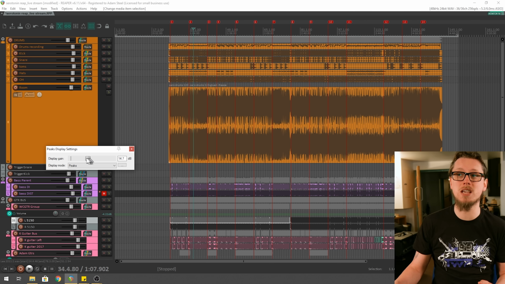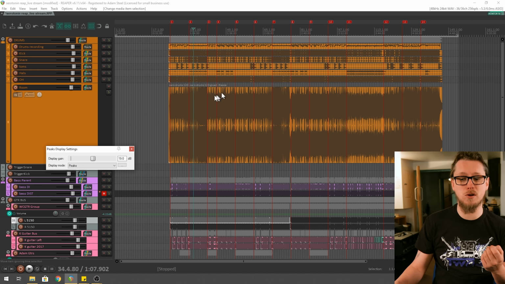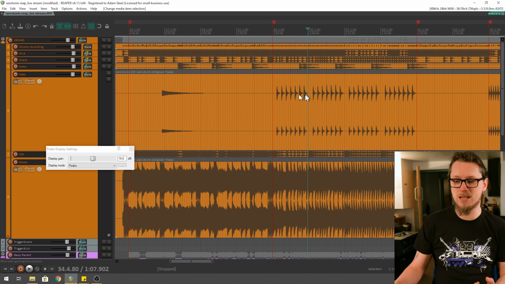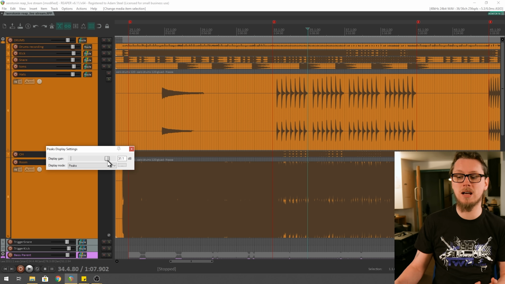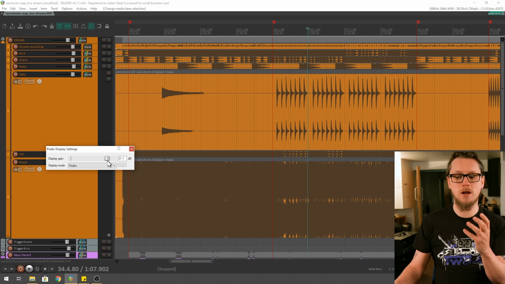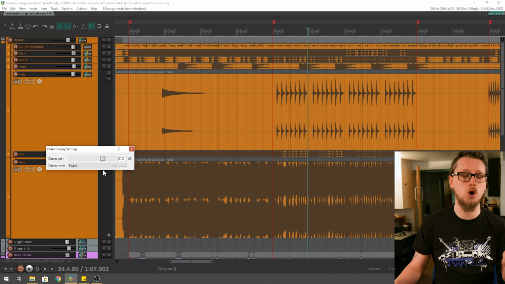It means that I can see these peaks bigger than they actually are, which means that if I've got a really quiet section that I'm trying to edit, like say these hi-hats, I can bump them up by a large amount so it looks like they're louder so I can see more detail,